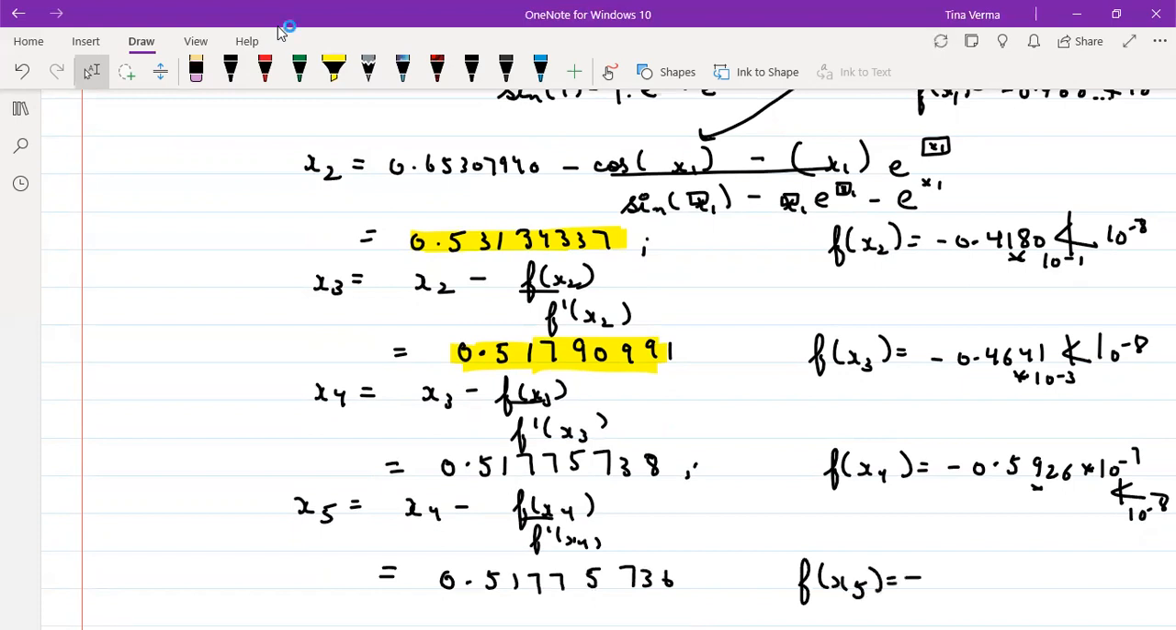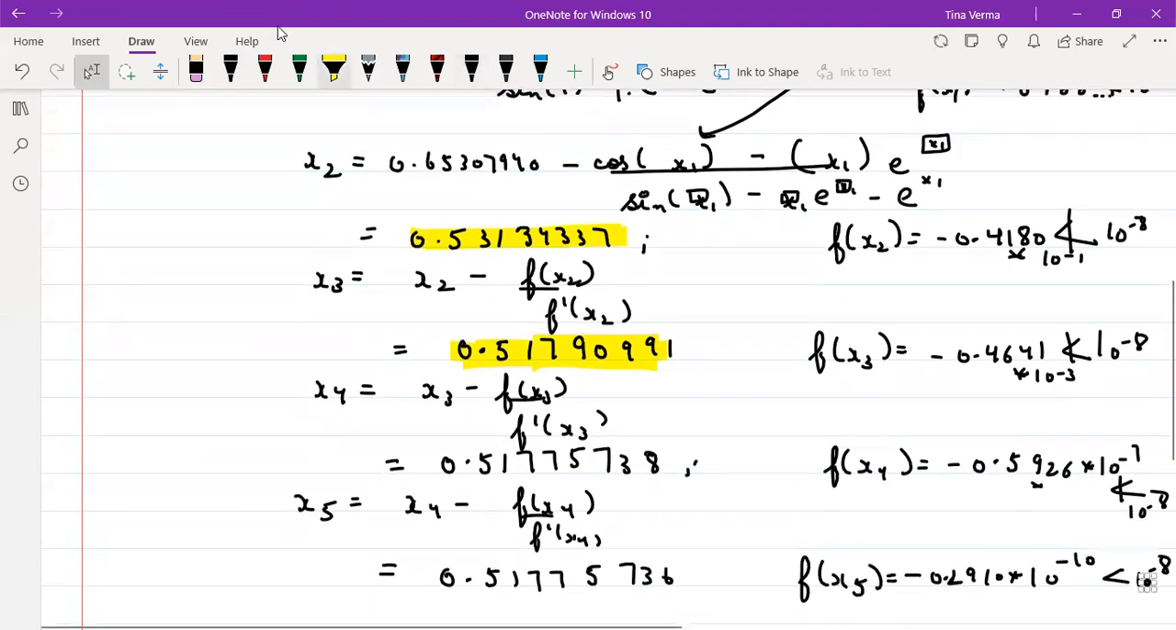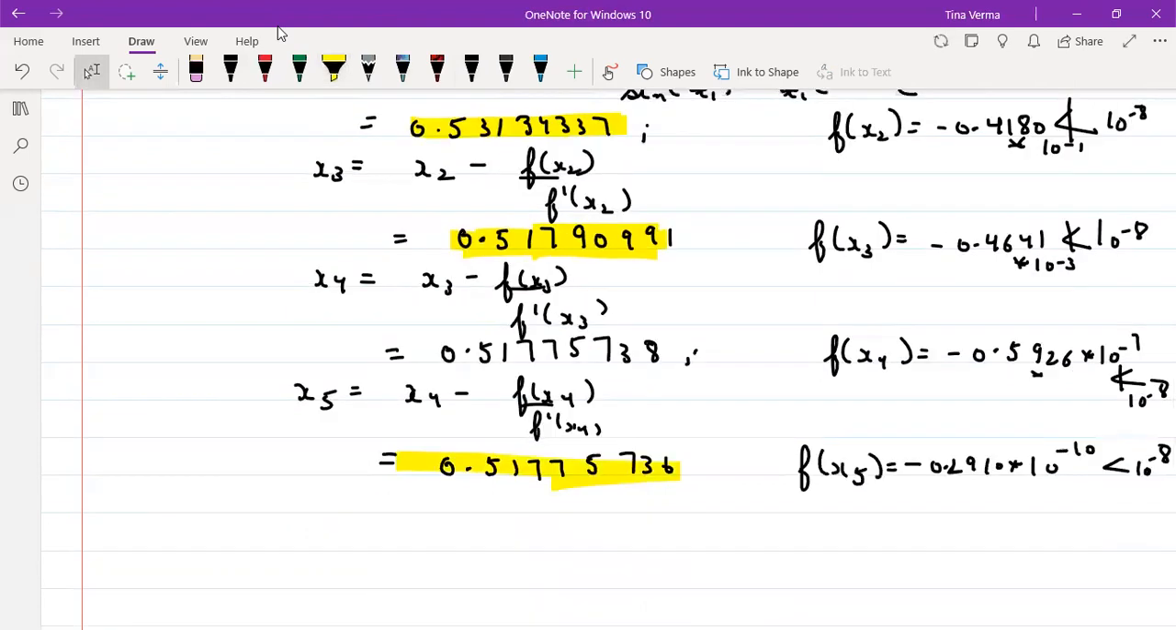So it is giving me 0.2910 into 10⁻¹⁰, which is now less than 10⁻⁸. That means you can stop your iteration over here. So your approximate root of the function,